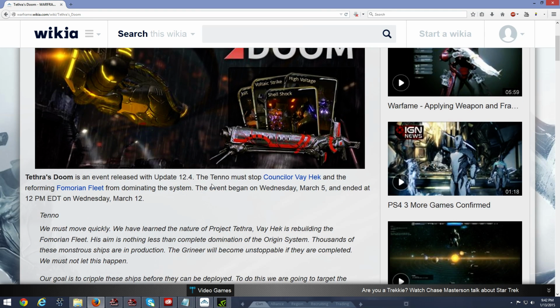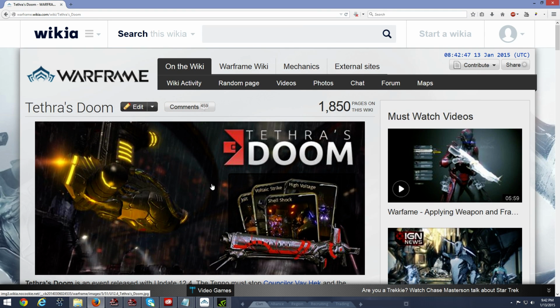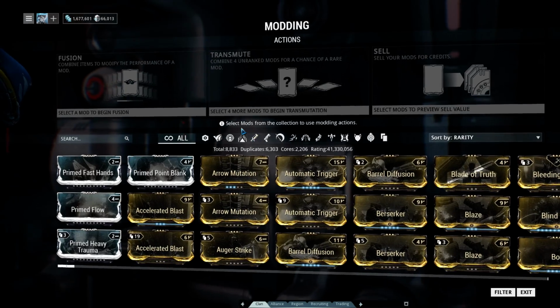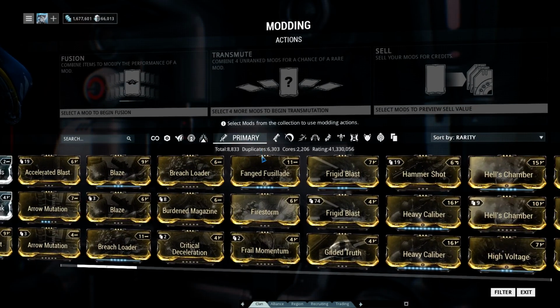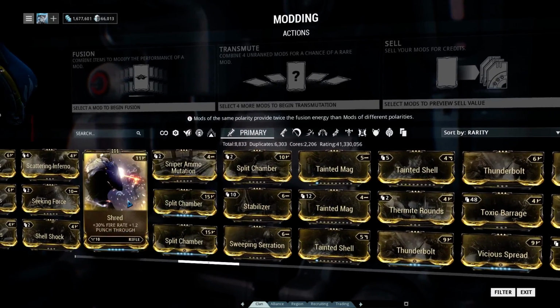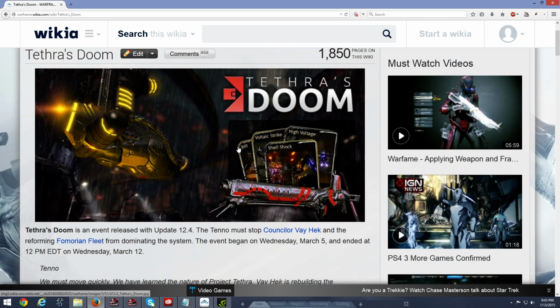But as a general guideline, again, we've got High Voltage for rifle. We have, trying to think off the top of my head, Jolt for pistol. We have, what's the other one? Voltaic Strike for melee, and we have the one for shotgun, which I cannot remember. Shell Shock. Yeah, Shell Shock for shotgun. Okay, so as far as prices go, people usually try to sell them by the set,